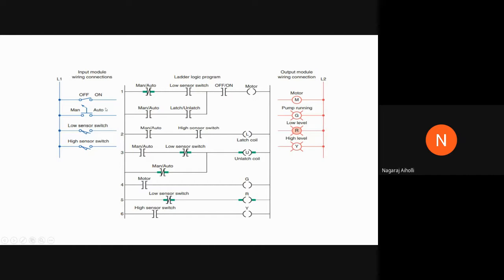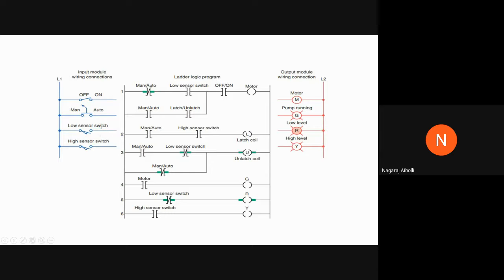This is already in the on-off state, it is in the on state. So this is closed and the motor will be energized. Simple. I will explain once again how it operates here for the first rung. This is the on-off, this is closed, so examine if closed is activated. Then the manual or auto mode is in the open state, this is energized. But when will this be energized? Only when this limit switch is in the closed position.